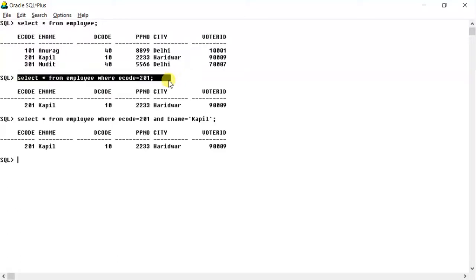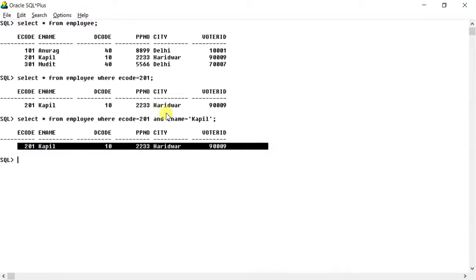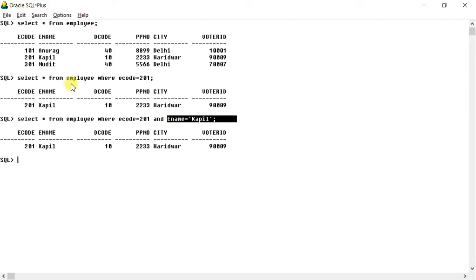With the help of E code, you are identifying a unique record. But when you add ename with E code, the same record still comes. It was possible that two employees might have the same name, so ename alone cannot extract a record. Suppose there is 401 and the name Kapil; ename alone cannot take out a single record. When ename was combined with ecode, it became a super key, and you can add ecode, ename, decode, number, city, all of them, but the presence of ecode is mandatory. I hope this is clear.